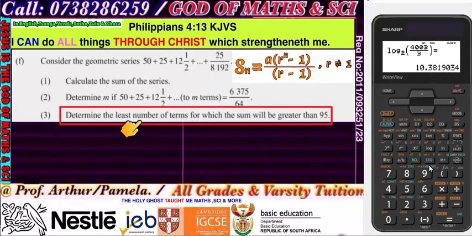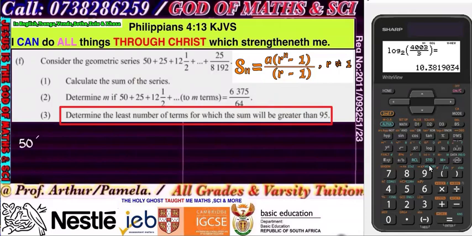means the smallest number of terms for which the sum will be greater than 95. All right. So that means if I'm using this formula, the sum will be greater than 95. So I'm going to substitute a, which is 50, because other ones with fractions people don't like. And then I'm going to